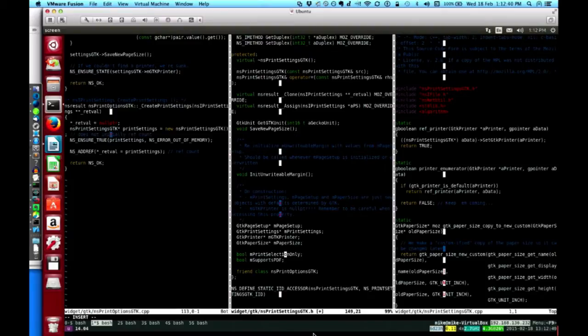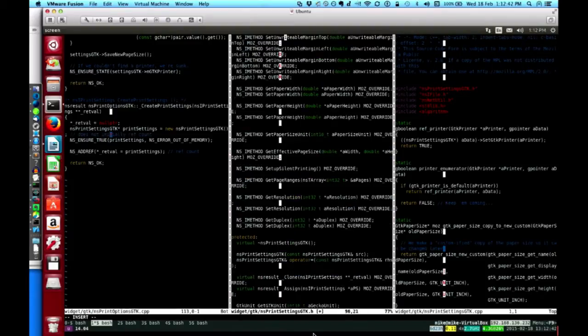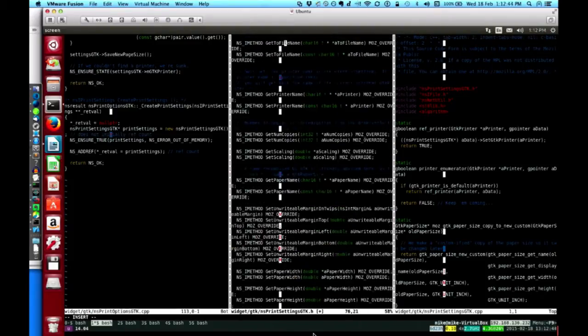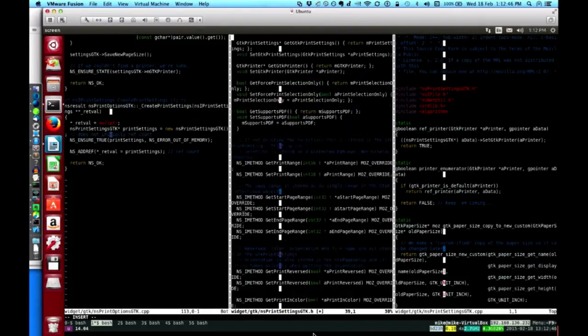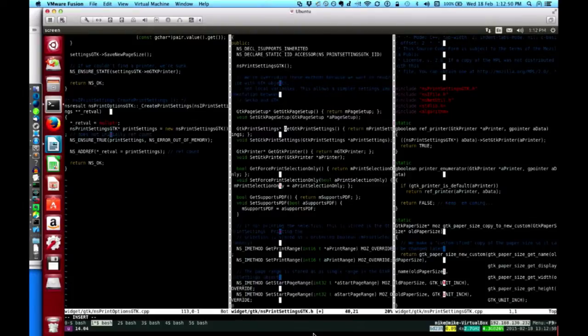So we've got our getter and setter all set up. We actually don't have to do it in the implementation over in nsPrintSettingsGTK.cpp. That's nice. Although sometimes I find it weird whenever there's actual implementation in a header. That always kind of weirds me out. But that's just me. I think I missed a semicolon. So this should compile. Let's make sure of that.